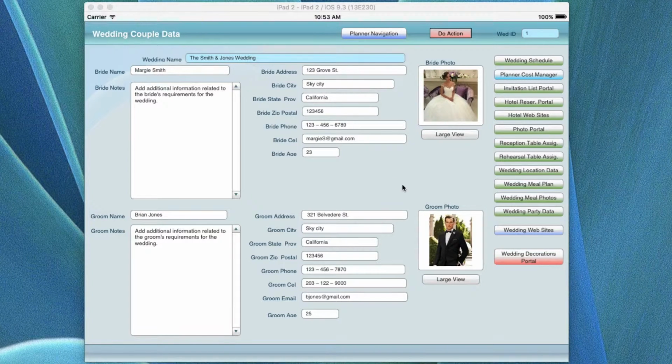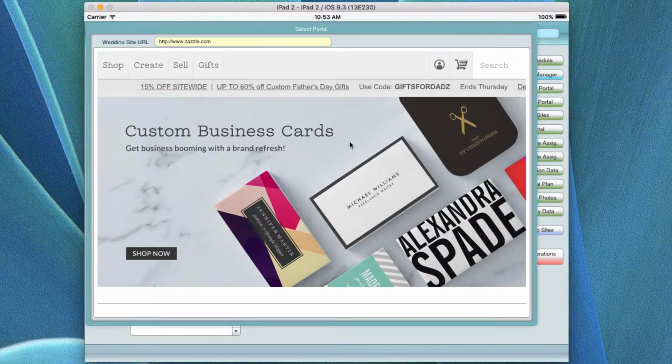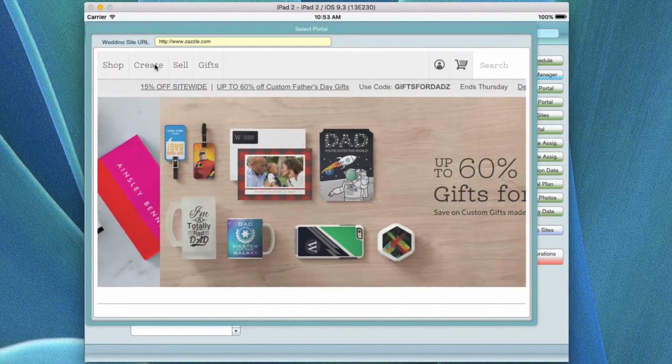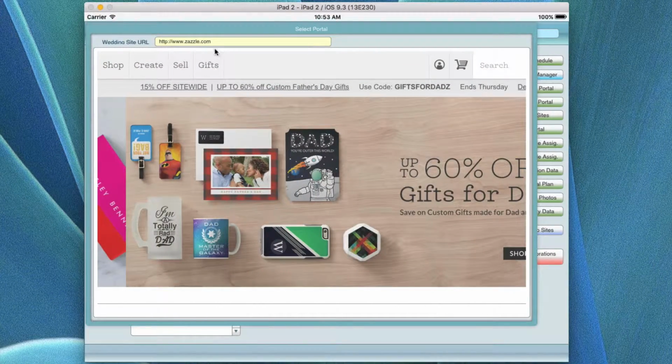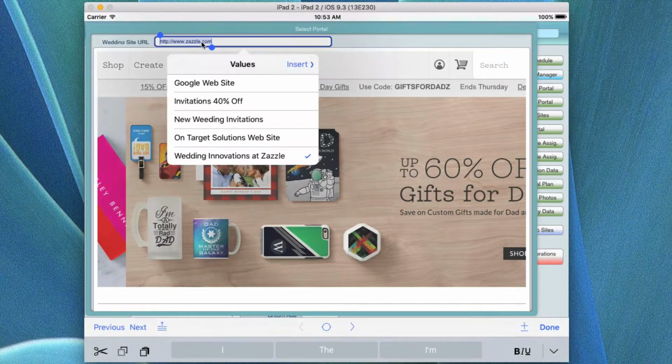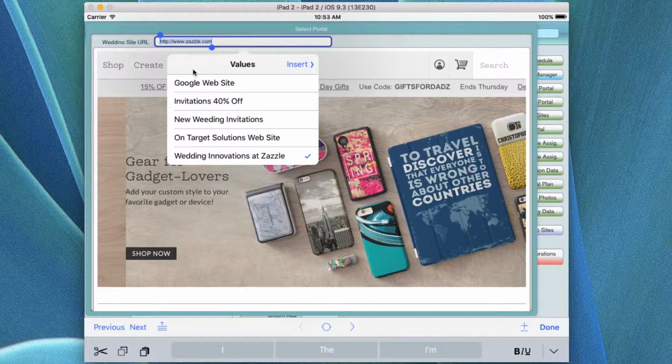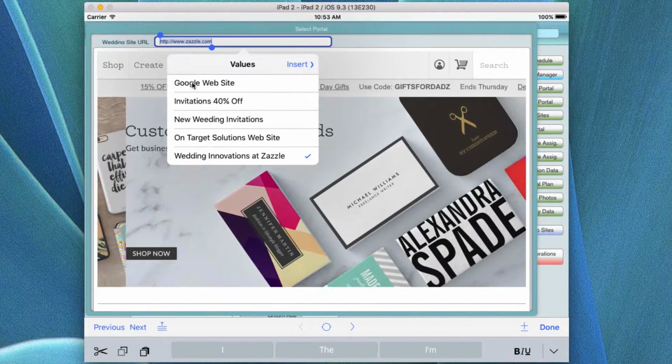This is the final tutorial where we're going to be covering the wedding sites and the wedding decorations portal. From this screen, if you click on the wedding websites, a pop-up will come up, and in this particular one there's another drop-down list where you can have different places that you've searched for wedding items. These are going to be defaults that are in there, but you can add